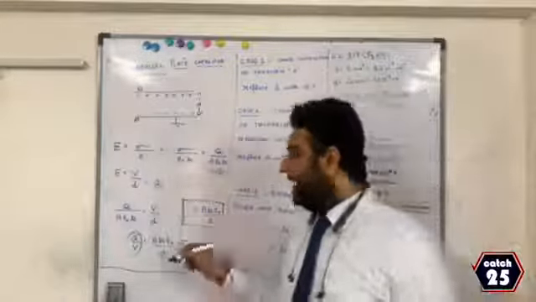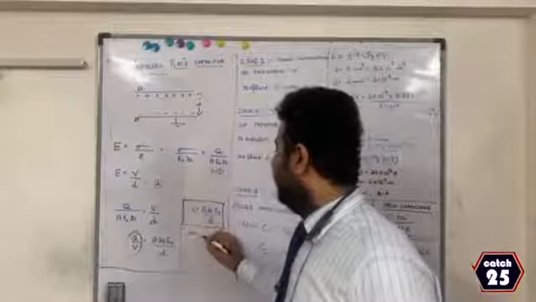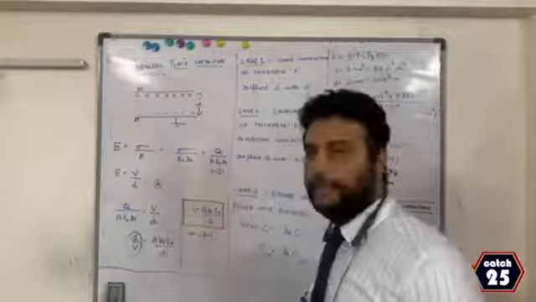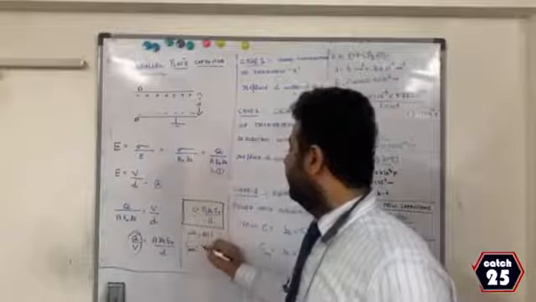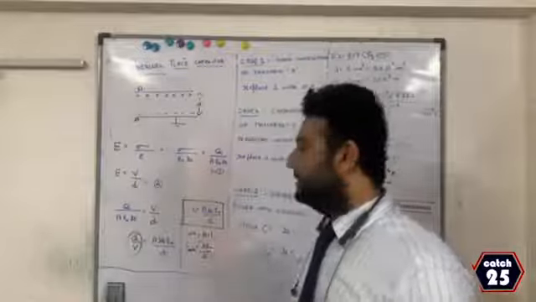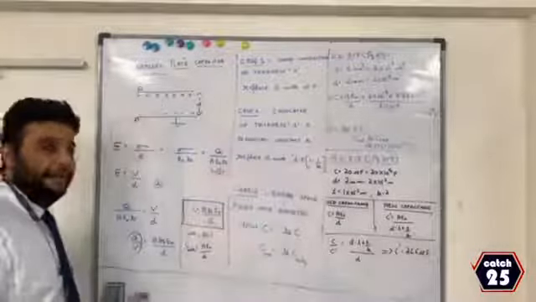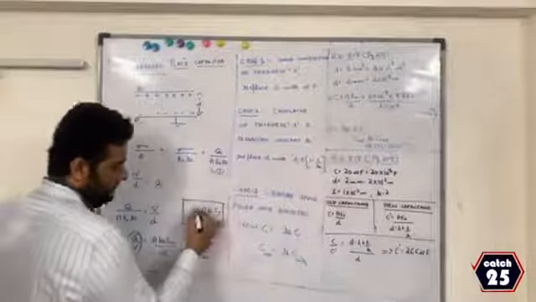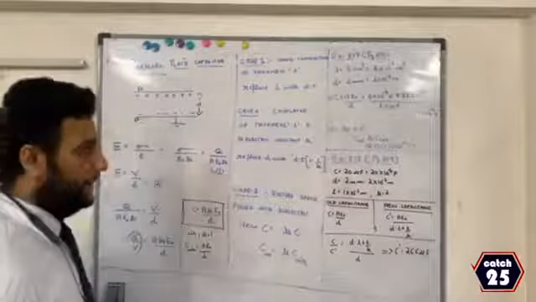Okay. And for air, I know dielectric constant is 1. Therefore, what is the formula for capacitance of air? It will be A epsilon naught by D, because K is 1. But in general, if they ask you what is the formula for parallel plate capacitor, you have to write C is equal to A K epsilon naught by D.